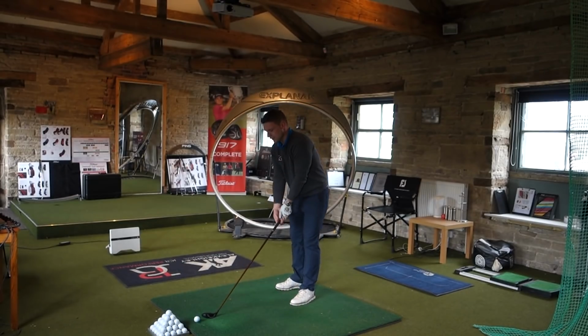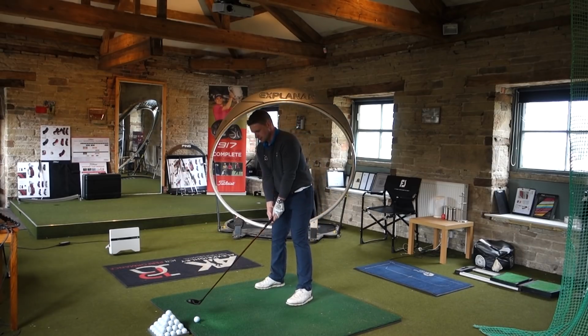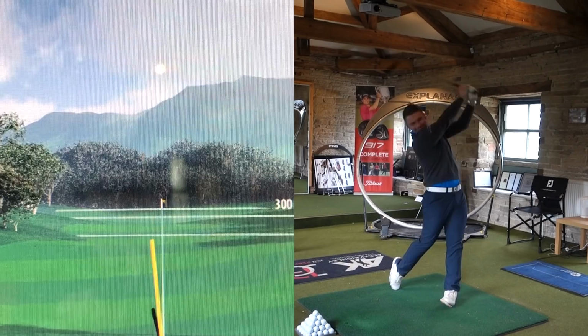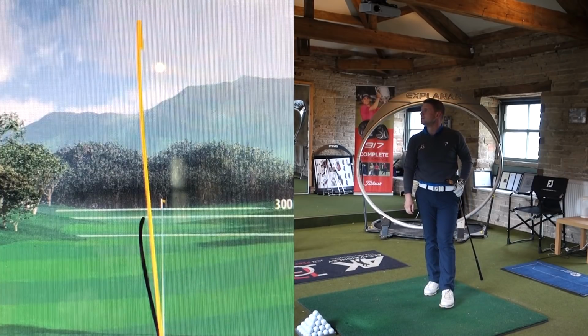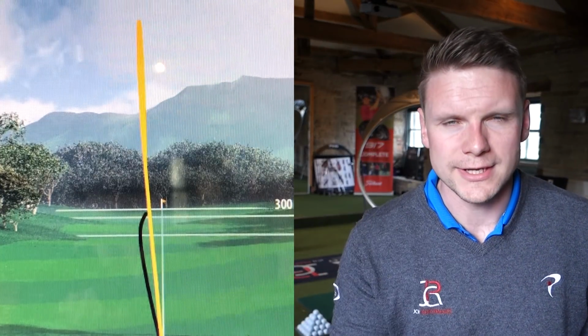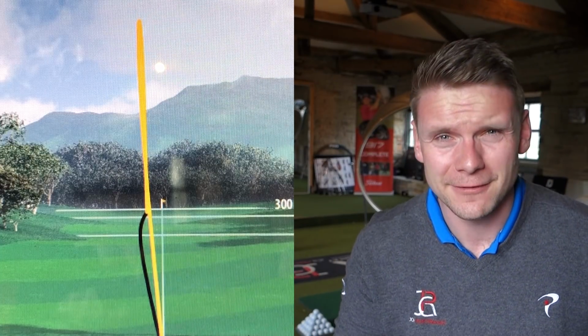Come on, stood on the first tee and you need to hit the fairway. The pressure's on. That felt really good. More out the middle, much straighter golf shot, little fade down the middle, and that's up there at like 245,